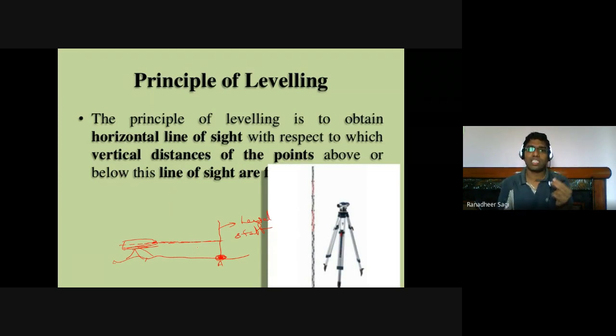The drainage network has to be properly designed so that your drainage line, what you are trying to construct, should have a proper gradient difference or elevation difference, so that from higher gradient towards lower gradient, the sludge you are collecting through the drainage network can flow just by gravity. You cannot have your drainage pipe constructed like this, where the drainage inlet is here and the outlet is here.